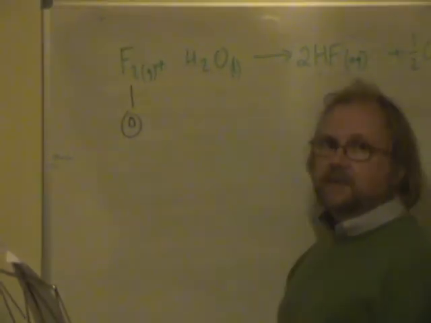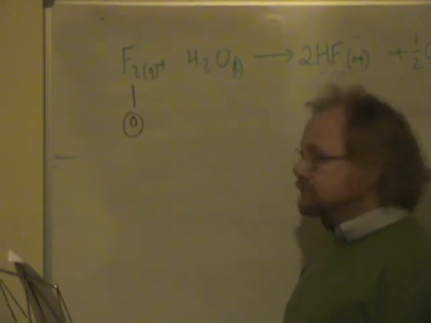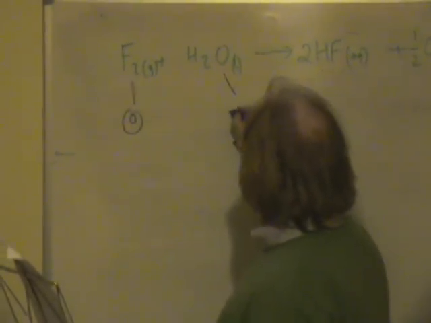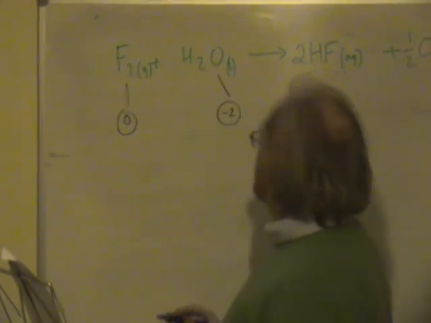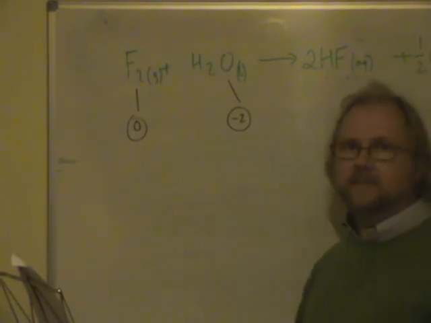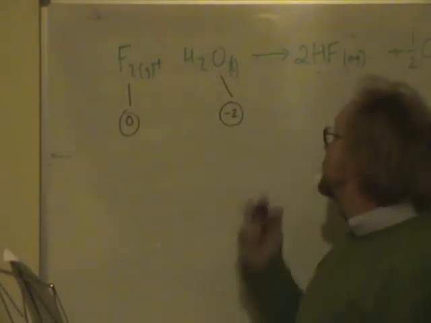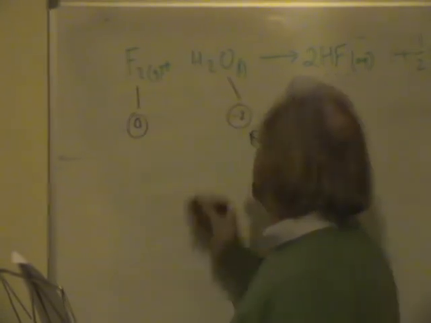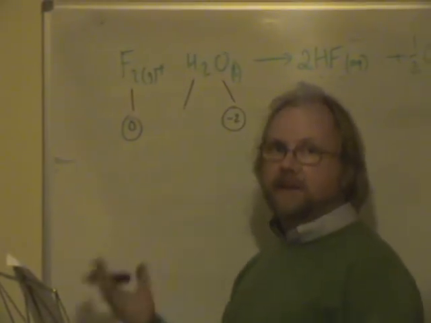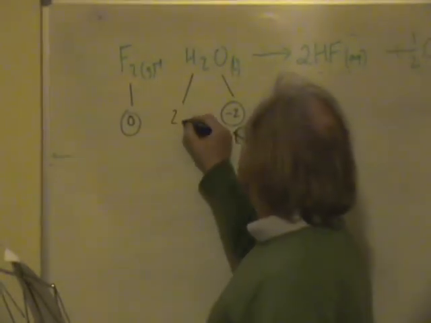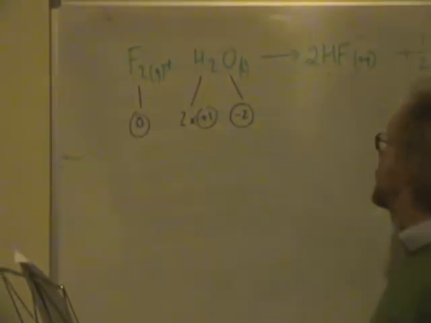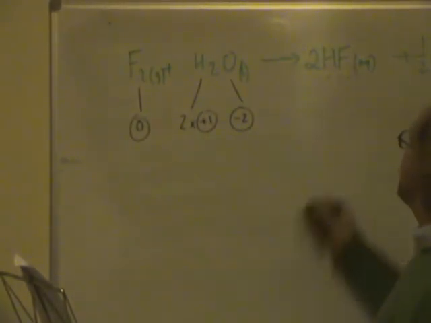In water, you use the rules about hydrogen and oxygen. But in compounds, oxygen is nearly always -2, and for AS purposes you can safely assume it's always -2 in a compound, not if it's elemental O2 of course, but otherwise the oxidation state is -2. And hydrogen in compounds, again you can assume for AS is always +1, so 2 lots of +1 is the oxidation state there. In HF,